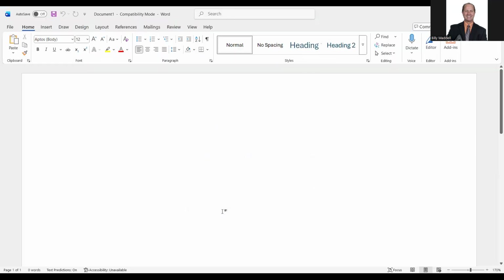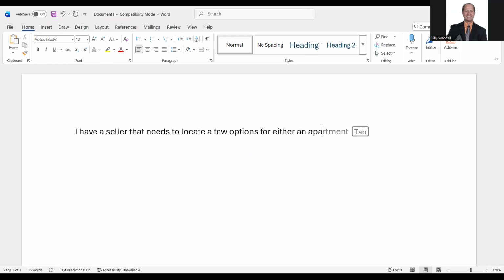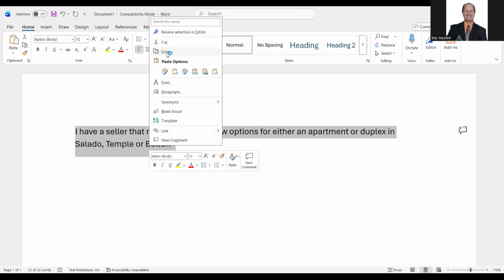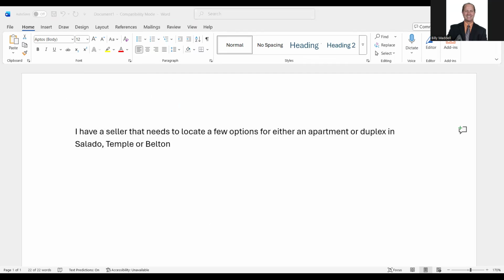So here's a Word document, and I'll just say, I have a seller that needs to locate a few options, either an apartment or duplex in Salado, Temple, or Belton. Now, what I do here is I just copy it and I leave it highlighted so that if I need to come back and copy it, I can just click on it. And then I'm going to go back to Facebook,